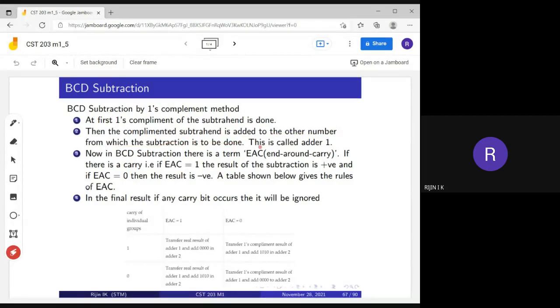We will call that adder 1. Actually, in the ones complement subtraction method, we perform it in two steps. One is using adder 1, the next is adder 2. Just remember this point. It is a two-step process. First we have to find the ones complement of the subtrahend, then we add the ones complement number with the first number. Then after the addition operation,